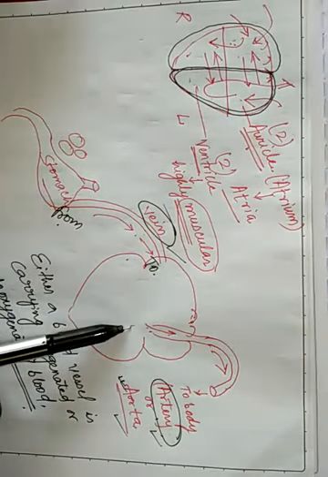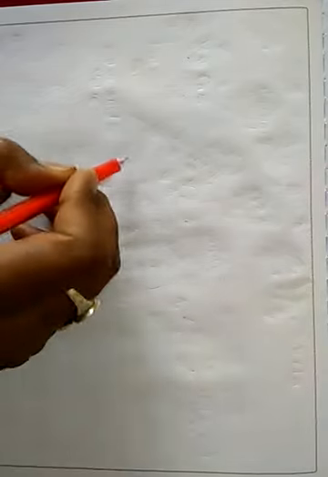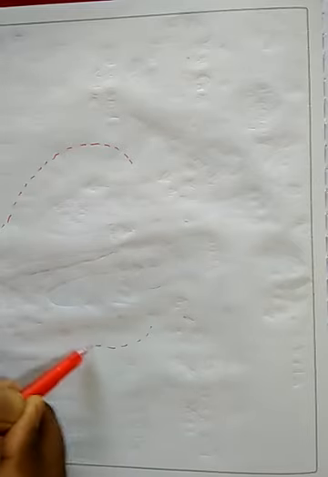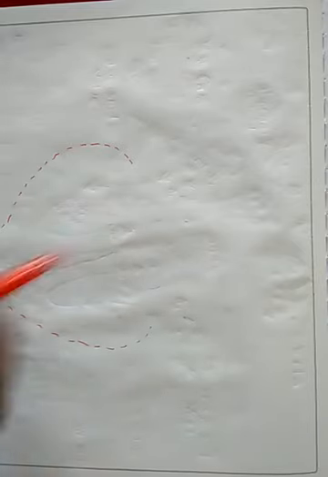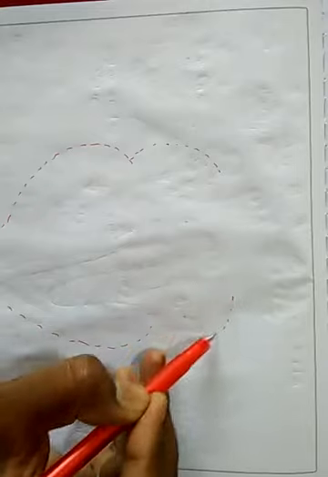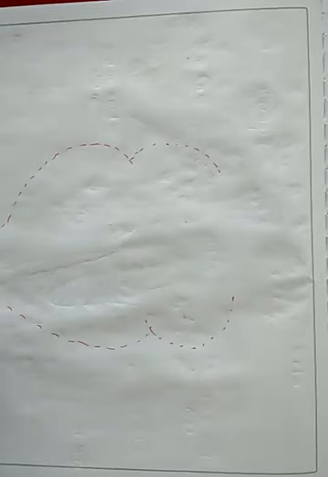That is the definition. So now we will start to make the diagram of the human heart. First of all, you have to draw it with dotted lines so that you get an outline and, side by side, you will be confident also. Otherwise many times you will make mistakes, and sometimes you have to rub it out. Suppose I am drawing with a pen, then how will I rub it out?